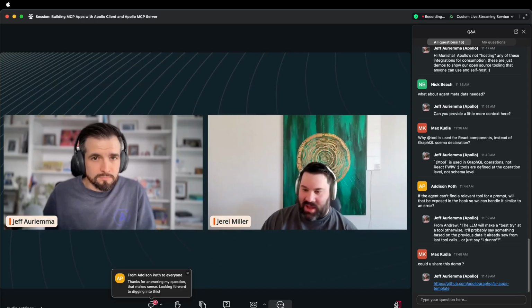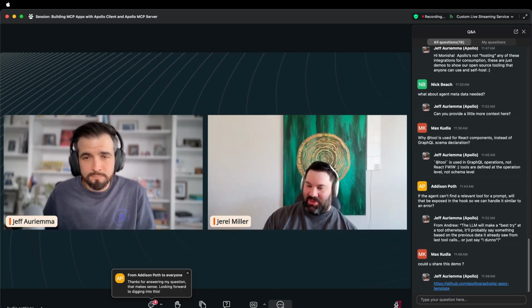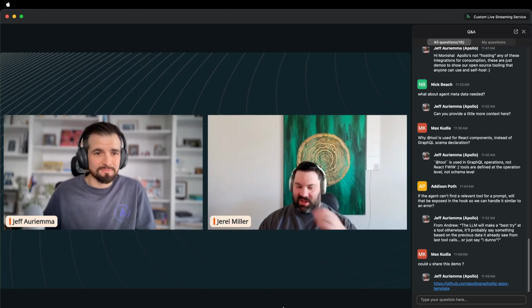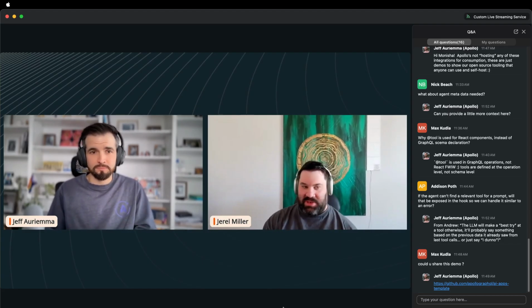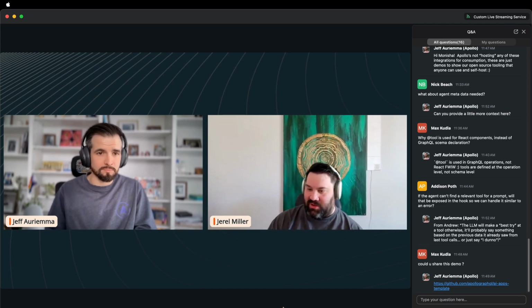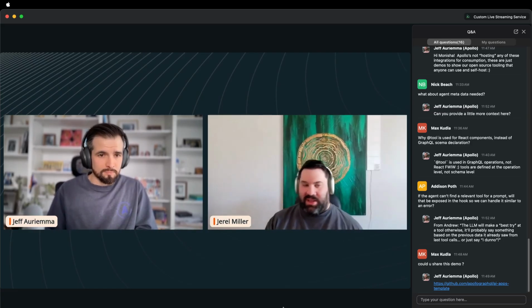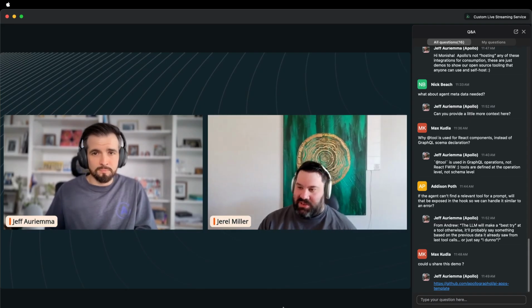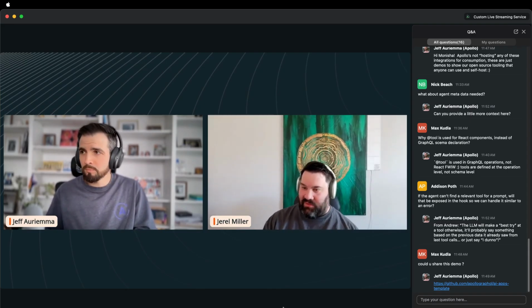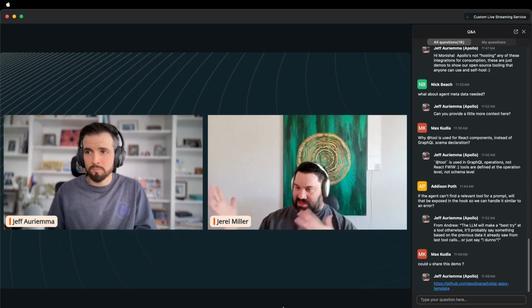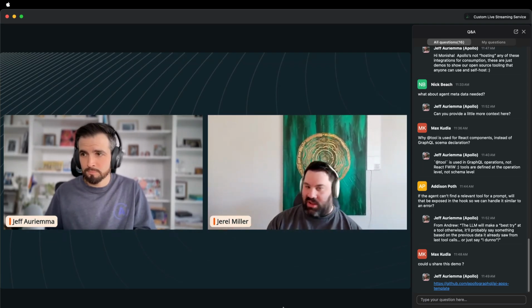Yeah. I saw something mentioned from Andrew. Maybe I can show some configuration. We do support a configuration file. You see here I've got .apollo client apps.config.ts that lets me define certain settings for the Apollo MCP server to serve this app. For example, there are images that come from dummyjson.com that by default, if you don't specify them as part of your resource domains, will get blocked by the host iframe CSP settings. I also use a couple fonts from Google, so I've got a list of those. You can define all of that in here. There's a bunch of different settings, but